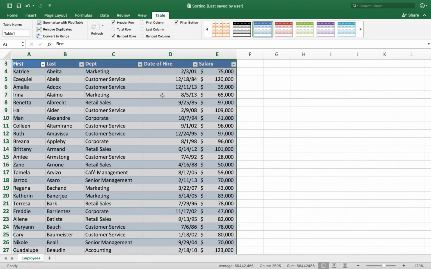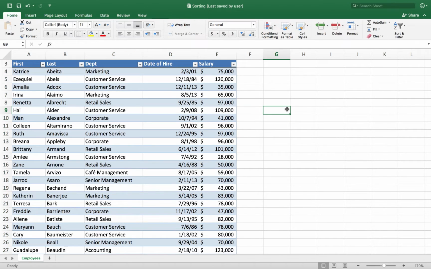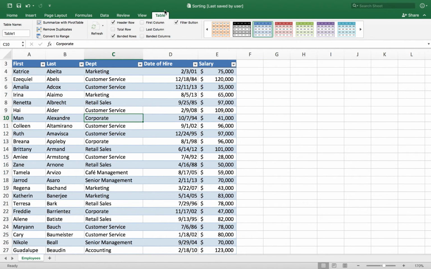Go ahead and click in a blank cell over to the right and see how your table tab just disappeared. Sometimes people say, I can't find my table tools. Where did they go? Well, you just have to click back in the table. If I click back in my table, then the table tab shows up again. And there's some really cool stuff that you can do with tables.